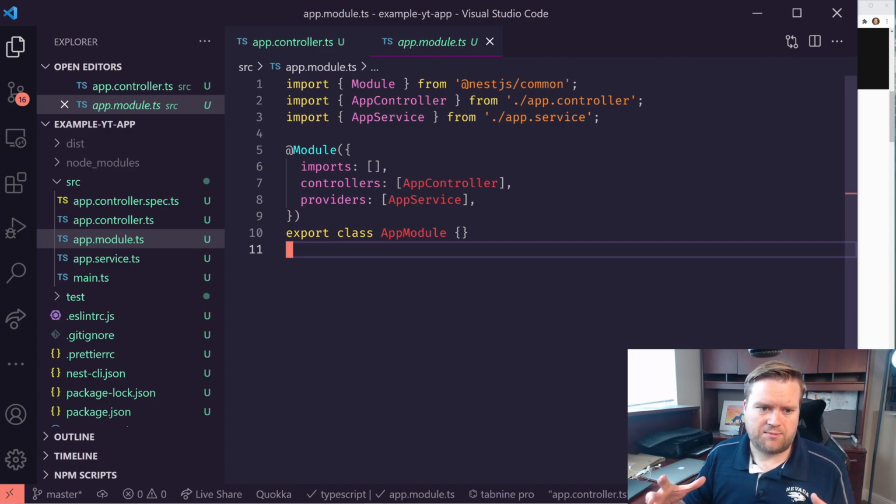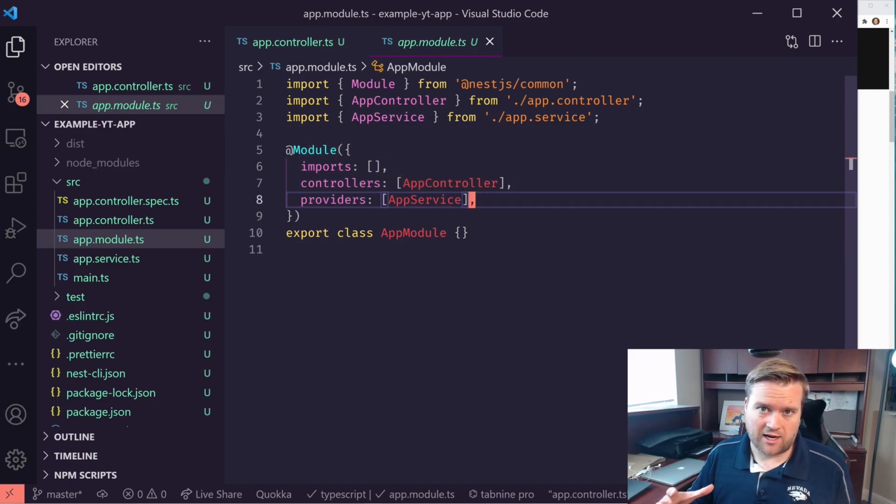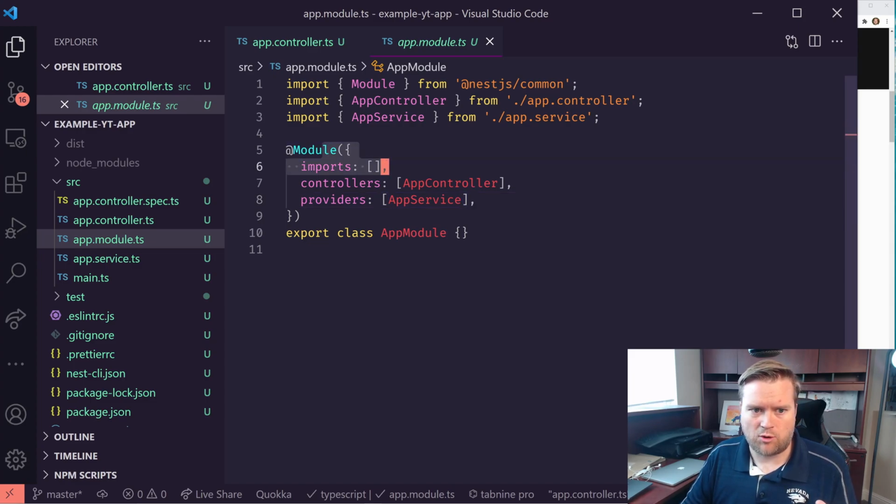We're going to get back to this, but essentially anytime you create a new controller or a new service, you have to declare it inside this module here. And don't worry if this looks a little scary. You can actually use the CLI. It has this generation capability, so you can generate your controllers and services, and it'll automatically import it into this